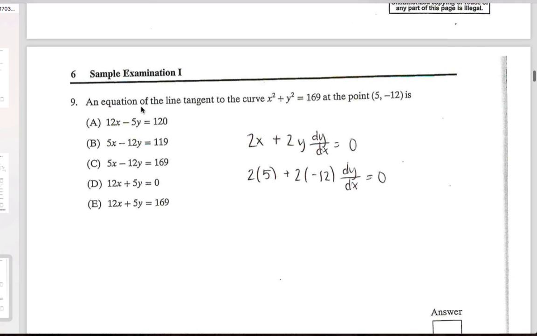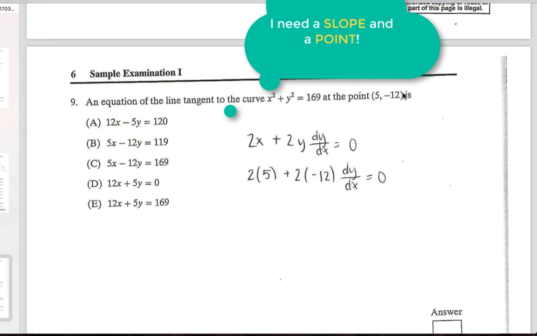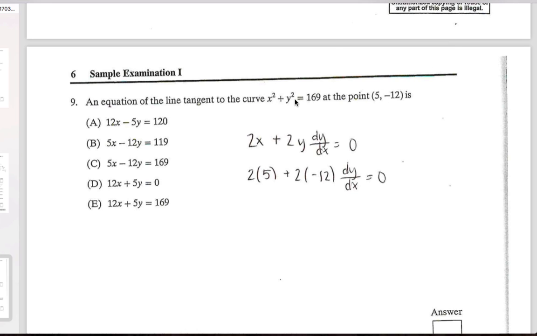Now, number 9, they want us to find the equation of the line tangent to the curve. Remember, whenever you see line tangent, you should be thinking to yourself, I need a slope, I need a point. Well, they already give you the point. We got the point, and then you need to find the slope. And to find the slope, you need implicit differentiation here. Remember, every y has a baby inside of it. So the derivative of x squared is 2x plus the derivative of y squared is 2y times y prime. And then don't forget that the derivative of a constant is just 0. So the two things that people mess up in this one is they forget that every y has a baby inside of it, so they forget this y prime, and they forget that the derivative of 169 is just 0. So once you do that, I would just plug in the point immediately right there, solve for dy/dx, and then you have a point, you have a slope.